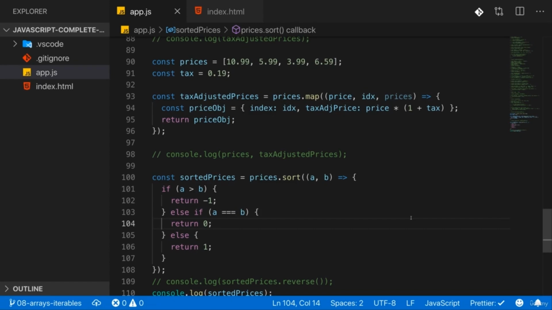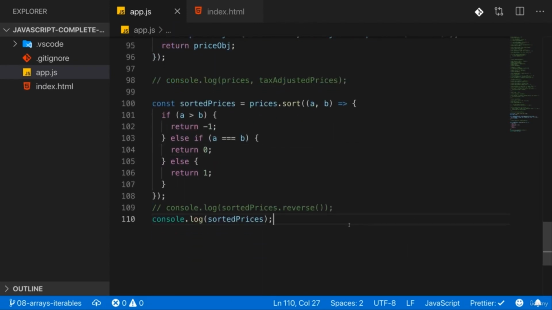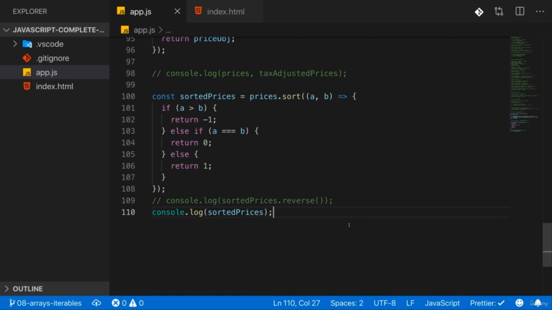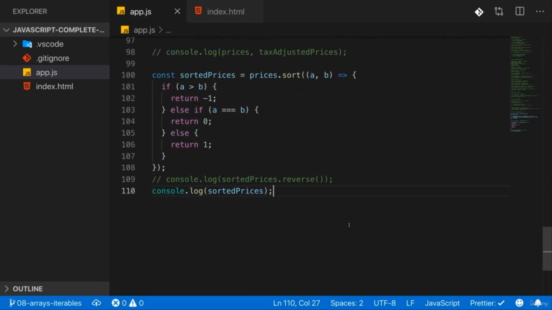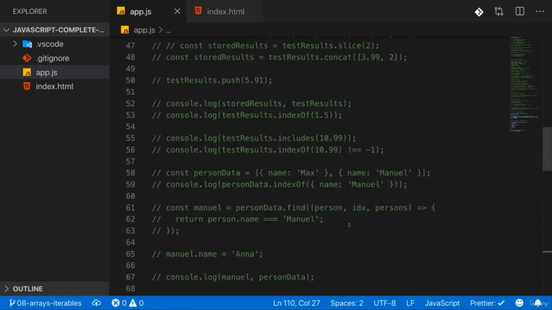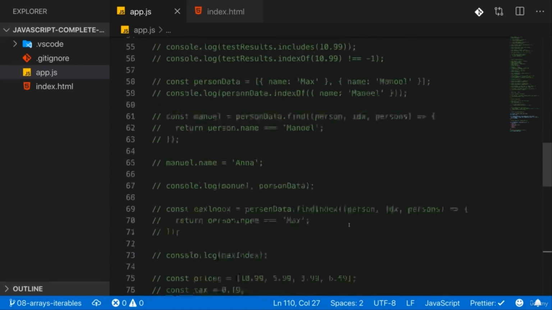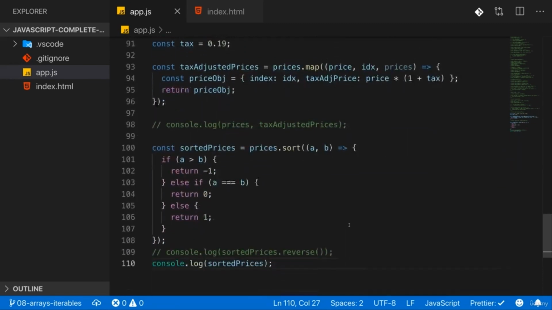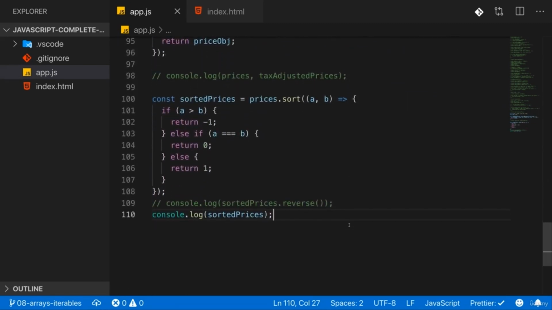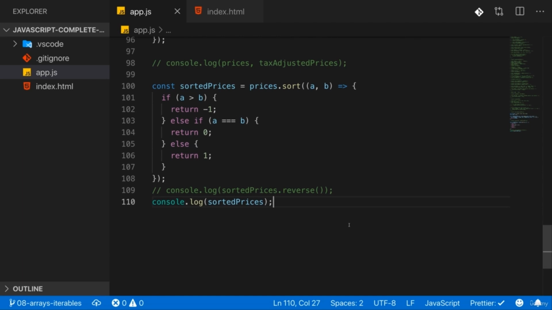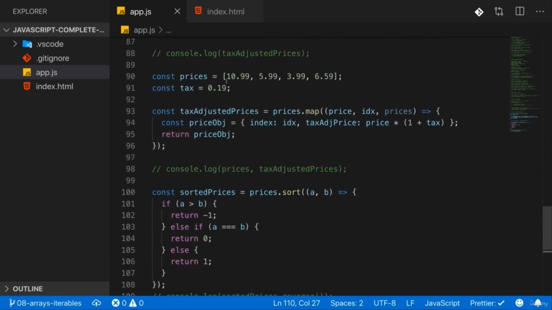Now slowly we're coming to an end of interesting array methods, but we're not there yet. Another very useful array method is one that allows you to filter the elements in an array. Now we had a look at find and findIndex, which was really nice for finding single elements, but what if you want to basically reduce the amount of elements in your array based on some filter? Let's say here we only want to have prices that are greater than 6, so that only 6.59